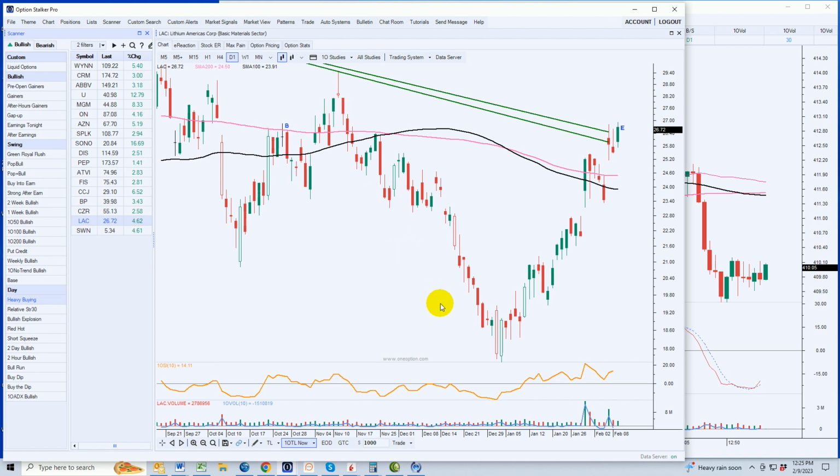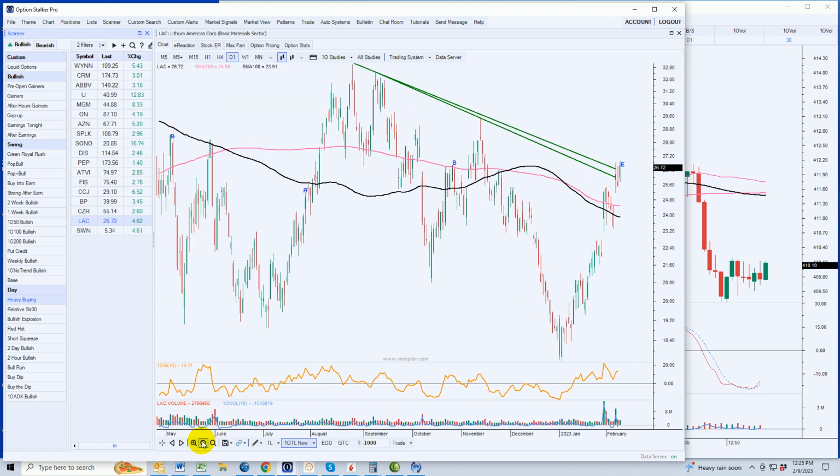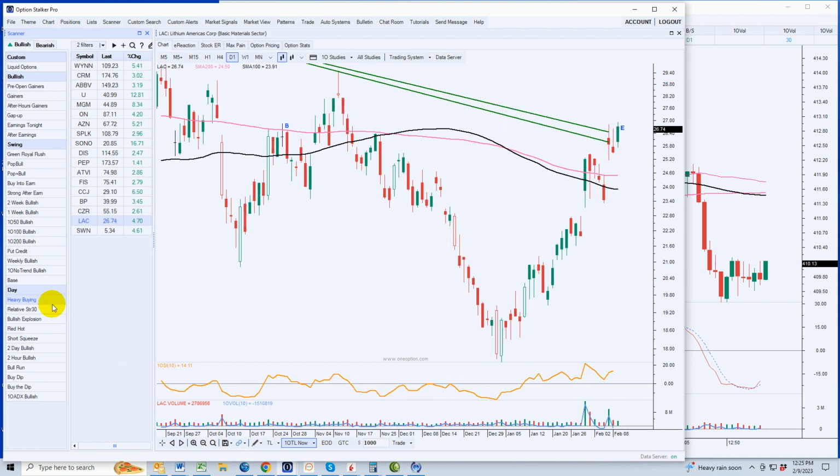LAC, kind of a choppy, volatile stock near the upper end of the range, trying to break out. Let's see where this comes into play. Yes, this could be a pretty nice breakout to track right in here. So maybe one other search and then we'll take a look. I'm just looking to see if there's anything else that's moving well today. Tesla